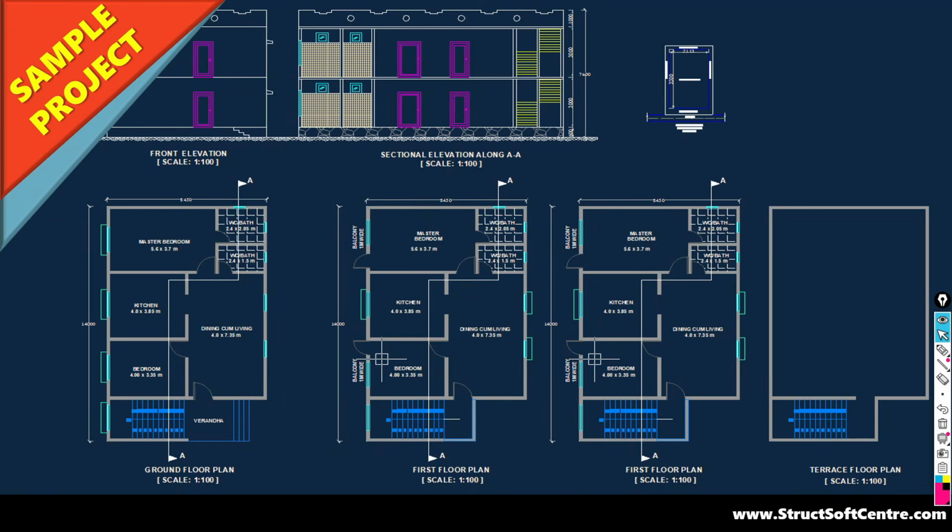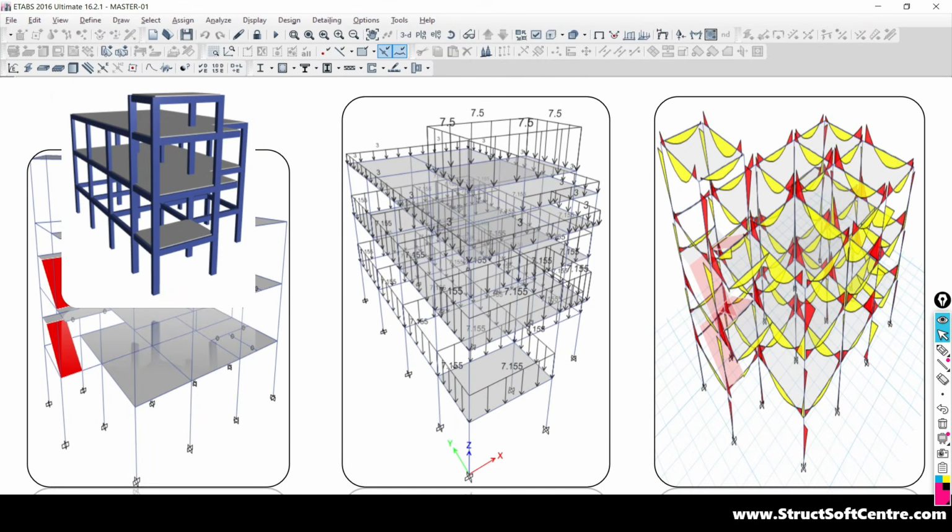After this we are going to take one dummy project, one sample project, to further understand the software. So we are going to do the modeling. What are the different options to do the modeling of the column? What are the different options to do the modeling of the beam? Straight beam, inclined beam, curved beam,